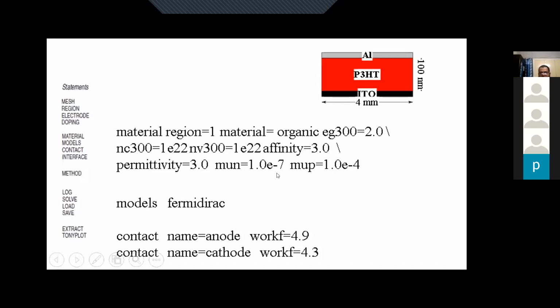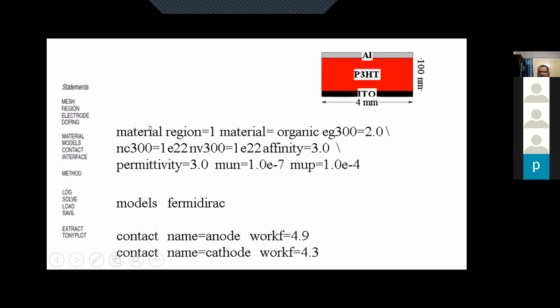And we have also defined the mobility of the semiconductor. So this structure was basically meant for the conduction of holes, and usually organic semiconductors are characterized by low values of hole mobility or carrier mobility. But electron mobility is further lower for this kind of material, because this is primarily a hole conducting material. For example, if we had PCBM, then it will be primarily an electron conducting material. So in that case, the value of mobility of electrons, MUN, will be greater than that of MUP. Okay. So now we have also defined the material.